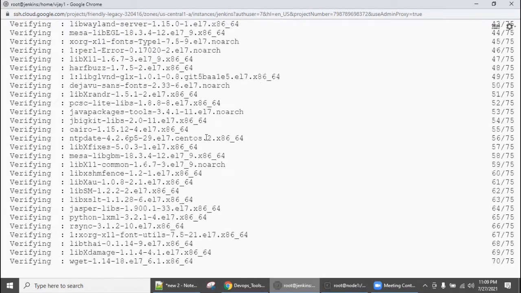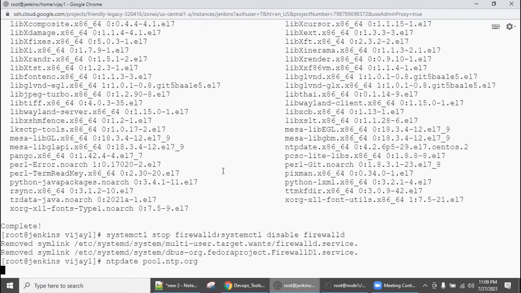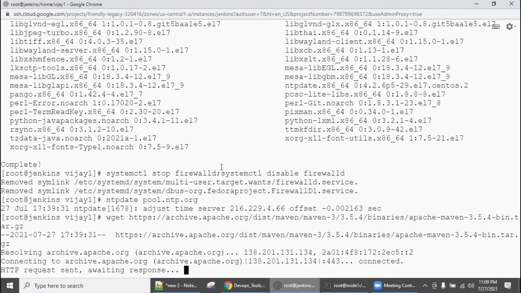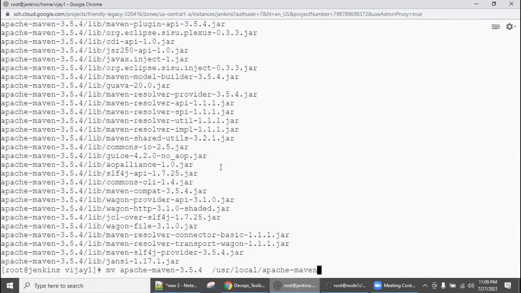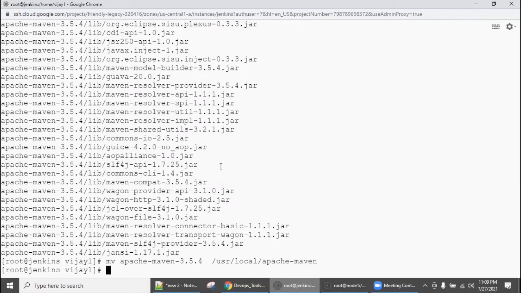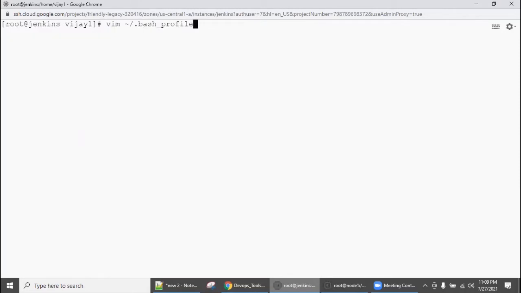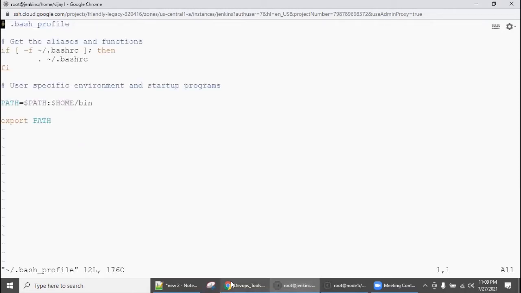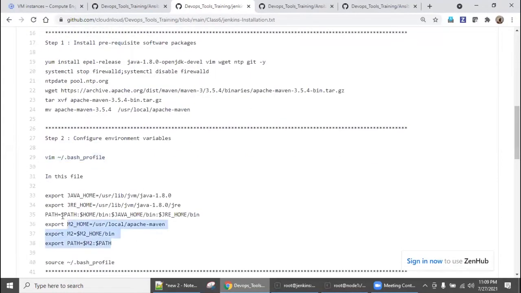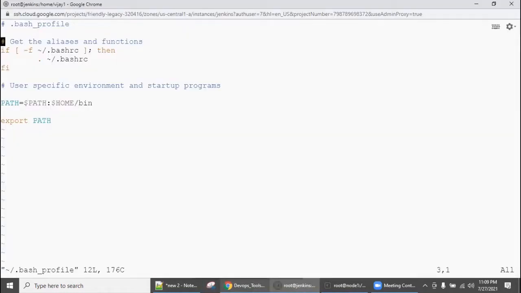So Java is getting installed, then the further commands are getting executed, and Maven will be configured. Then we will configure the environment variables. Okay, so now we will go to the bash_profile and configure the environment variables. Copy this and come down.